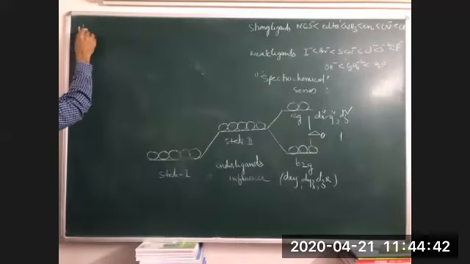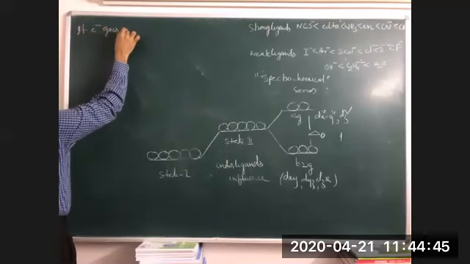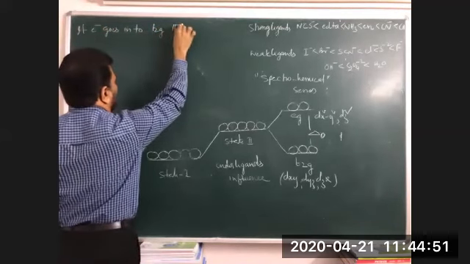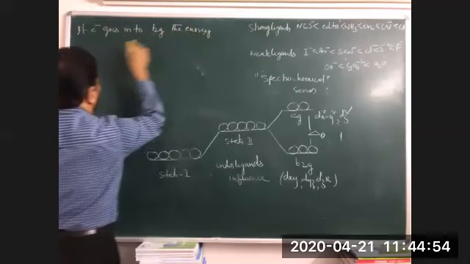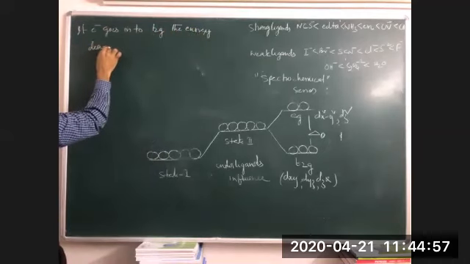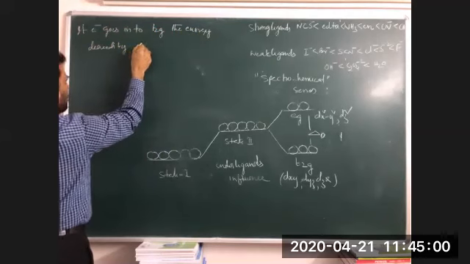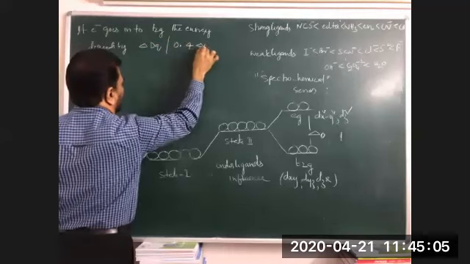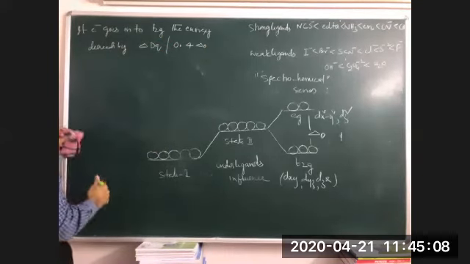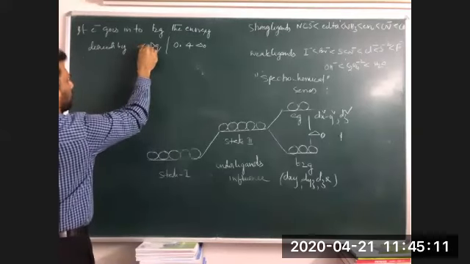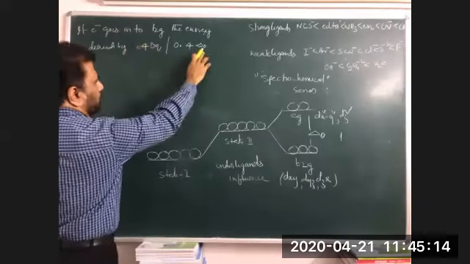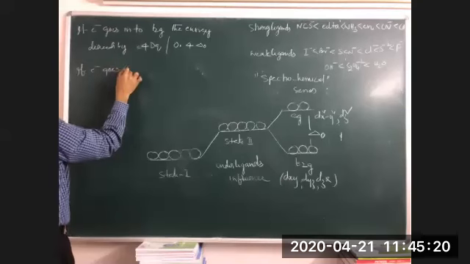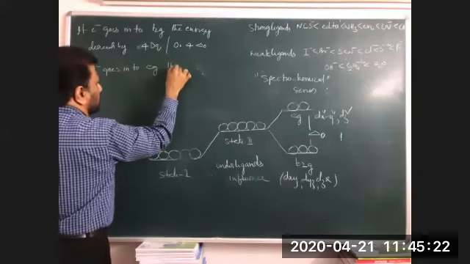If an electron goes into T2G, the energy is decreased by 4 dq, or 0.4 delta O. Decreased by 4 dq, or 0.4 delta O. If an electron goes into EG, then the energy is increased by